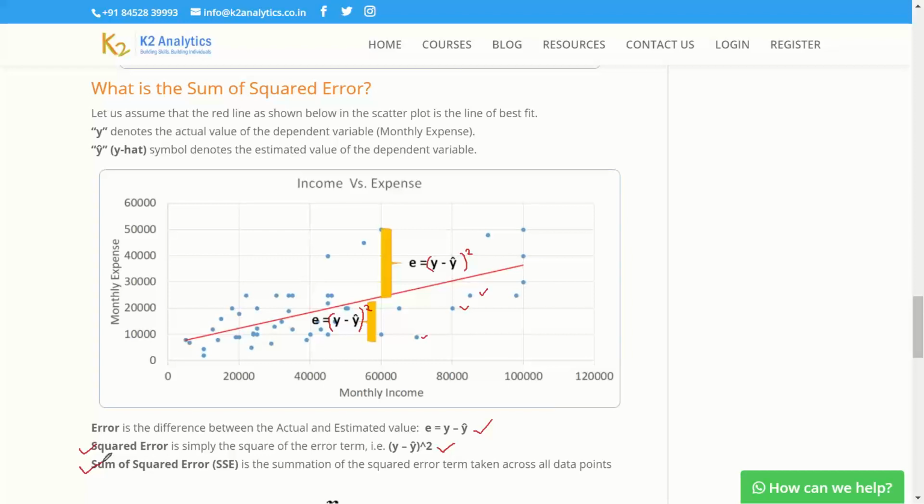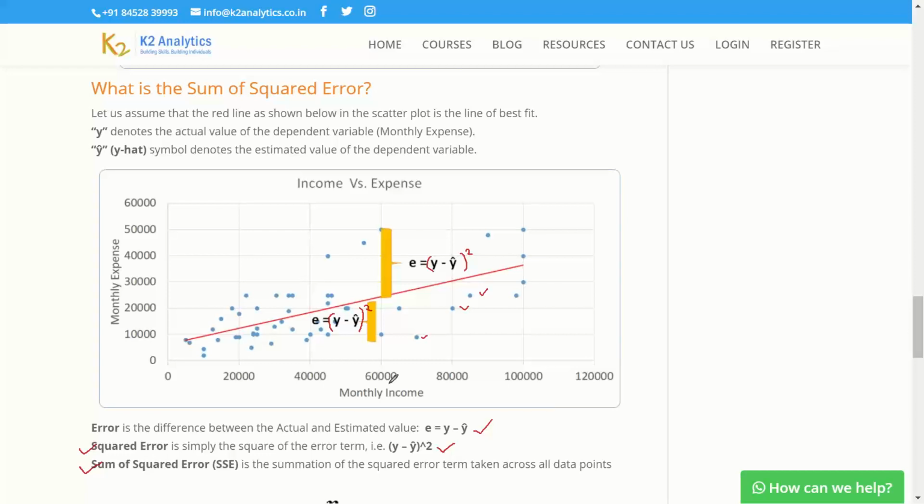Linear regression is trying to fit a line of best fit which minimizes this sum of squared error. I have already explained why we are not minimizing the total sum of error and why we minimize the sum of squared error.